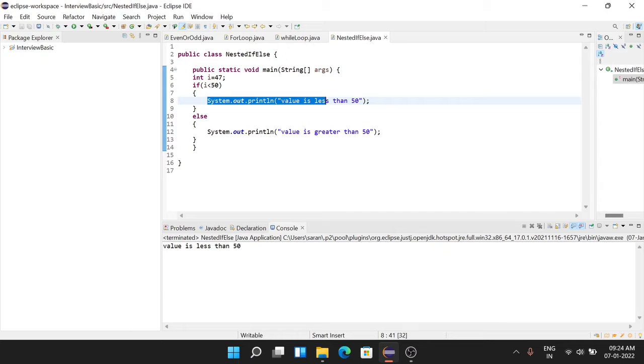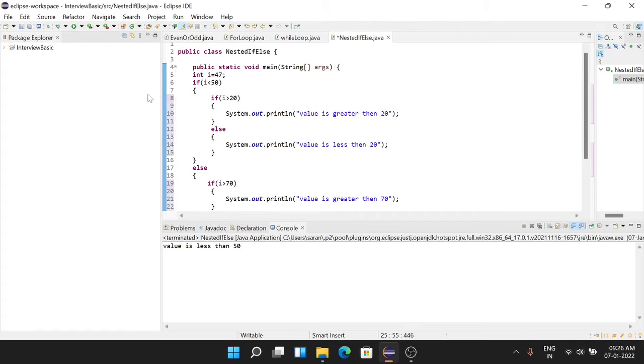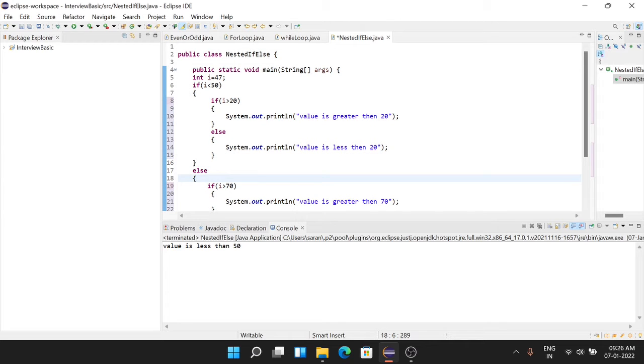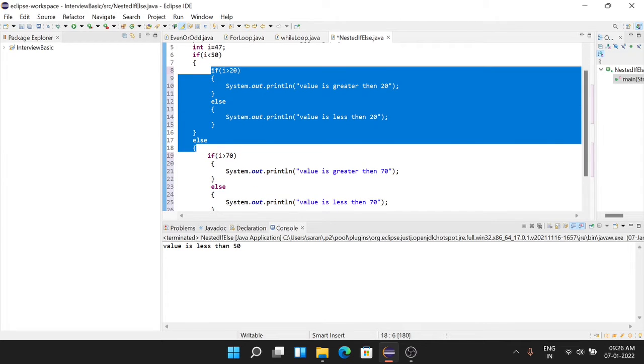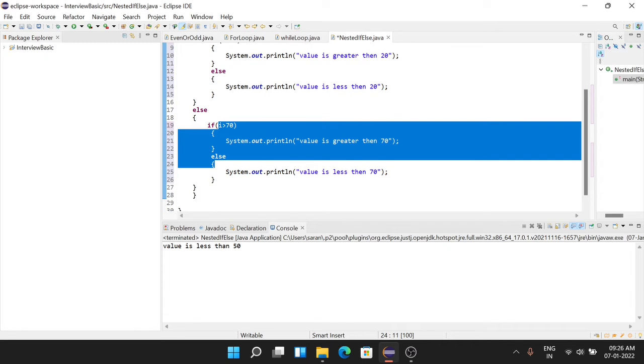So what is nested if else? I write if else inside the if block. Firstly it is a simple if else. I write an if else statement inside the if block, and an if else statement inside the else block.